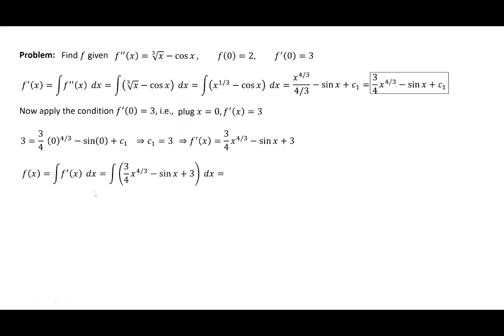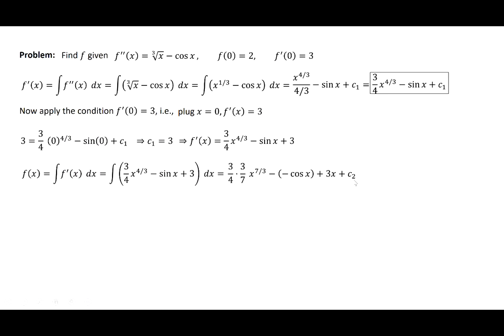And so x to the 4/3, the integral is x to the 4/3 plus 1 over 4/3 plus 1. 4/3 plus 1 is 7/3. X to the 7/3 over 7/3, or maybe I may have said 3/7. Yep, see, I don't even go over 7/3. Instead I say times 3/7, you mean. 3/7 x to the 7/3. And integral of sine x is negative cosine x, so I have a minus negative cosine x plus 3x, and